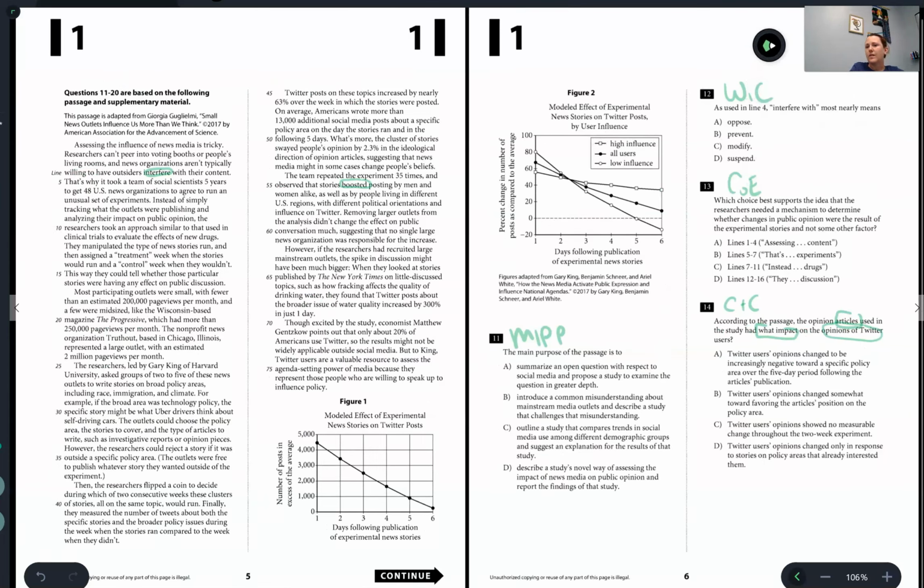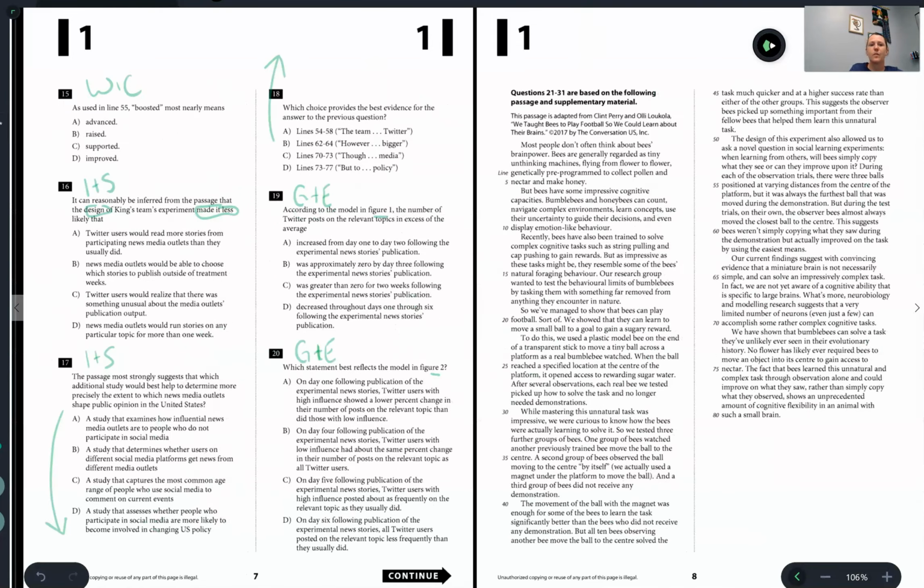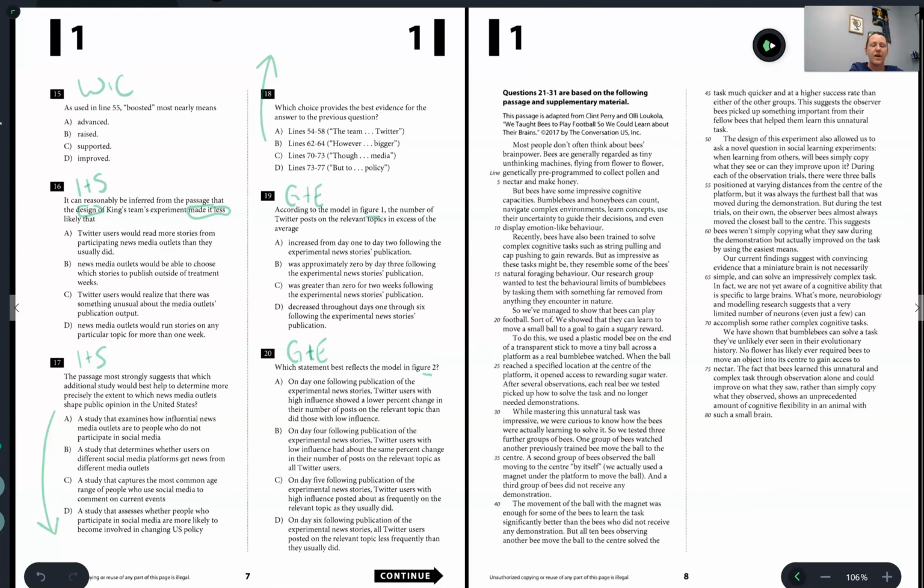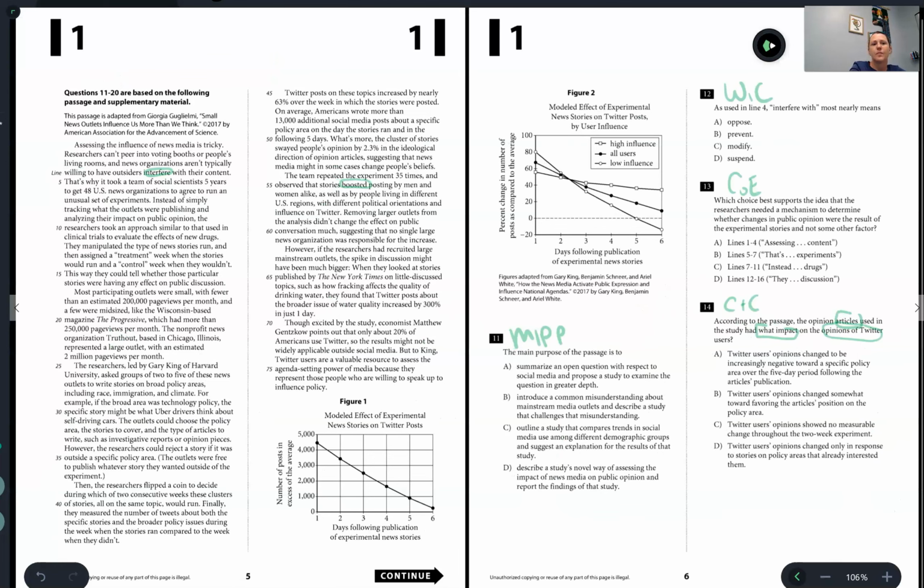So we know that we need to stop and discuss this word in context in line 4. We need to look for how the articles impacted the opinions of Twitter users. Another word in context in 55, and then we need to look for something about the design of the experiment and how that curtailed maybe some kind of issue. So words like design are going to be important because as we see an experimental protocol, we need to know that the answer to this is going to be in the design or the methods, not necessarily the results. So let's take a look at what we got.